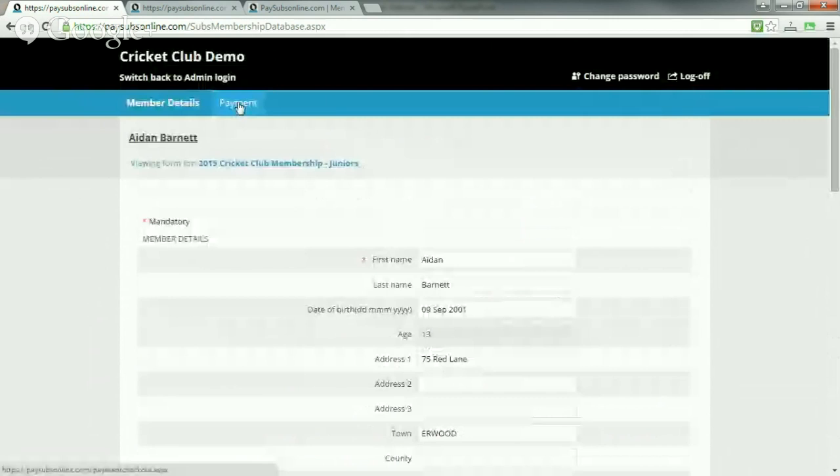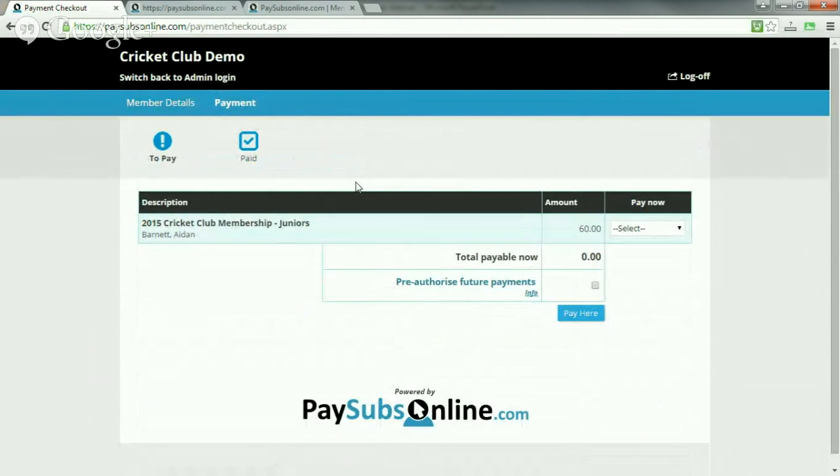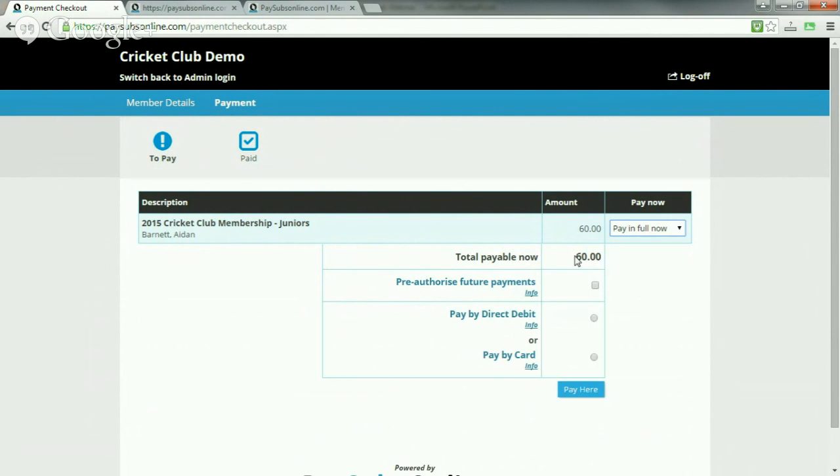And if I click on payment here, I can see the checkout page. So this is what Aidan's parents will see. They can come down here and select whether they want to pay in full or pay by instalment. Just when we got this membership category, I don't know if you remember, we enabled the instalment option. So if I select pay in full, the total payable now is £60,